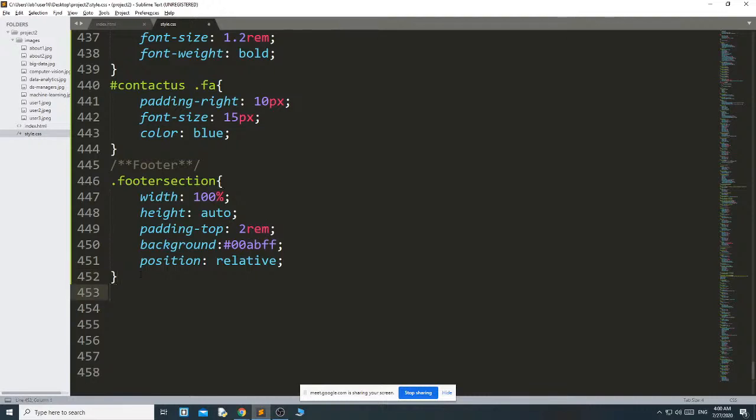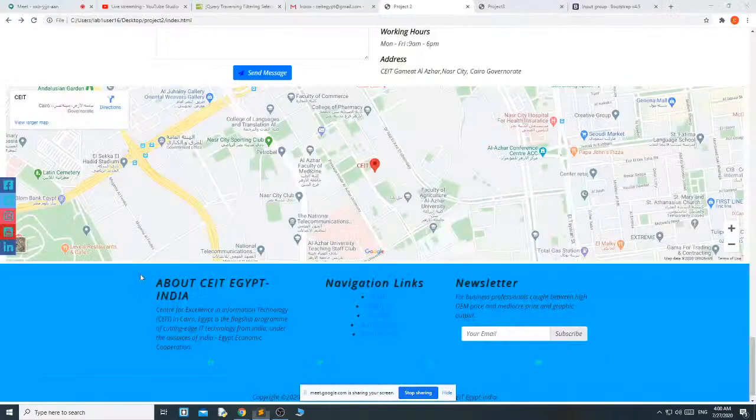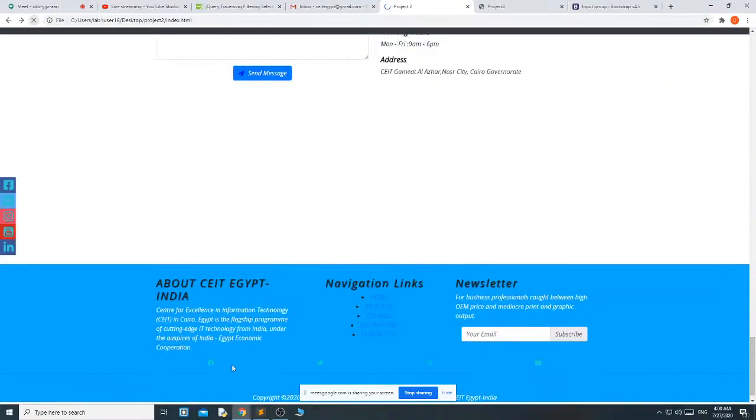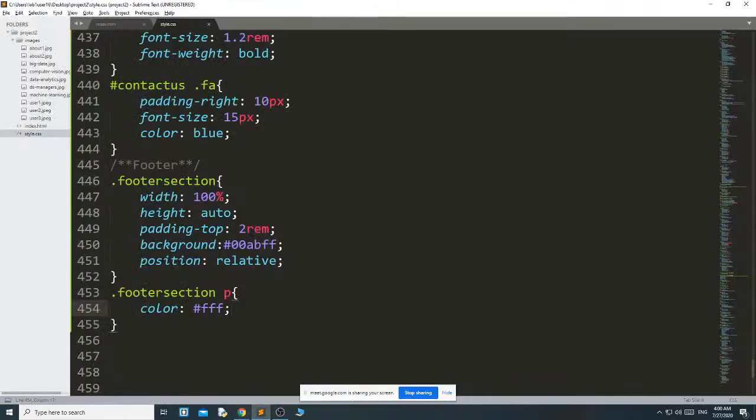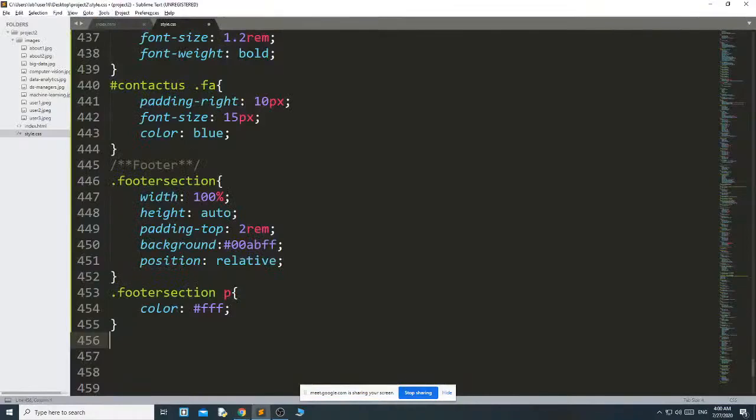Then start from paragraph, .footer-section p. Then the paragraph color, obviously I need white. This is in black, now it will become white. Okay. If you want to change the font size, font style, all the things, you can do it. Okay.